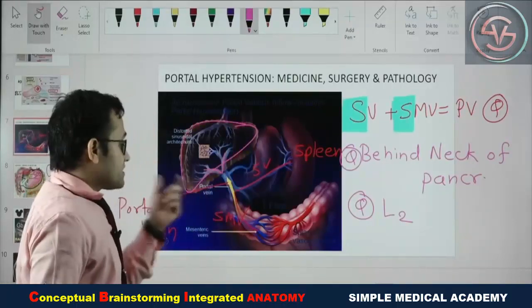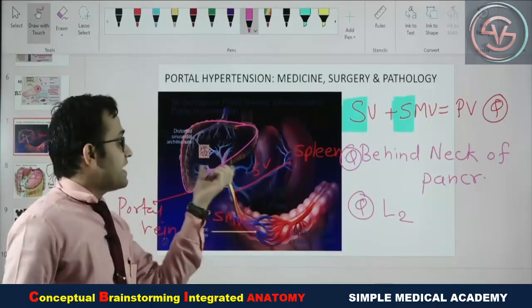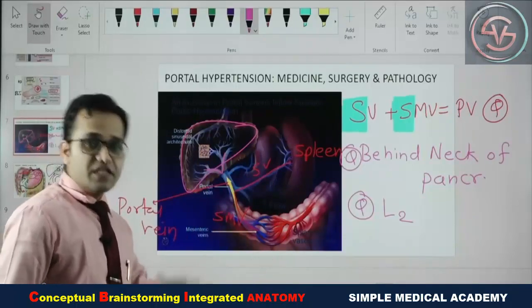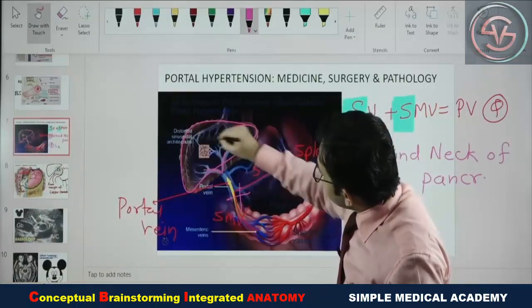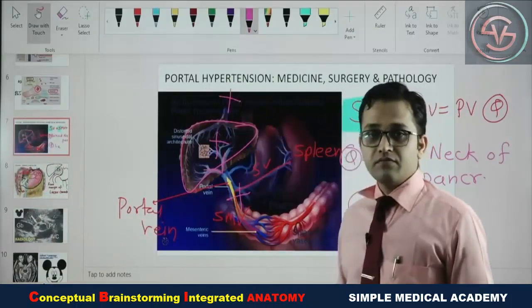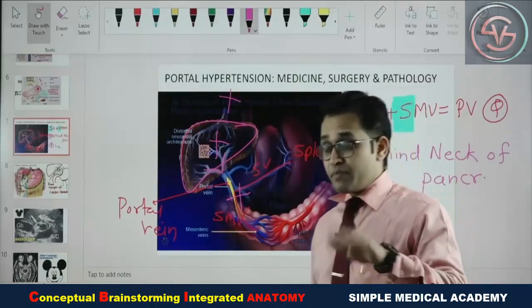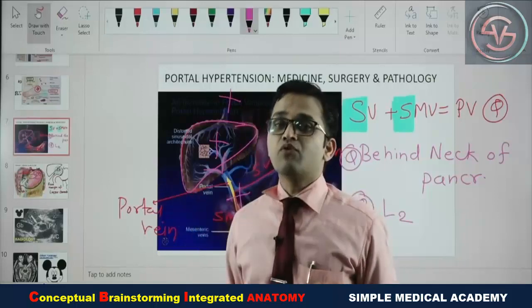Okay, so sometimes the pressure within the portal vein increases too much, then that condition is known as portal hypertension. One of the very common conditions is cirrhosis. Study in your clinical, it is of 3 types: prehepatic, hepatic and posthepatic. But what will happen during this portal hypertension? The pressure is increasing as well as there will be increased diameter of the portal vein.